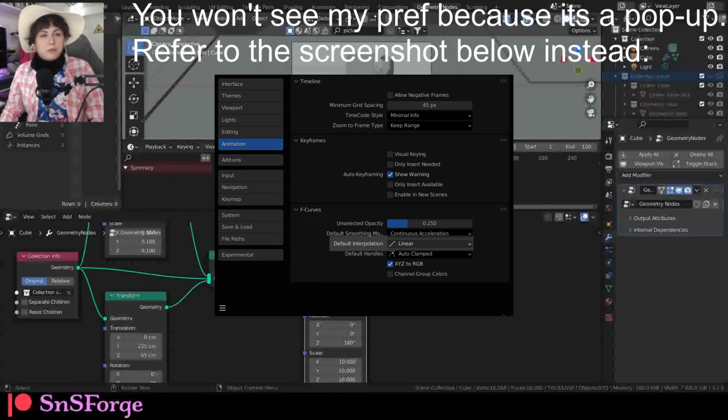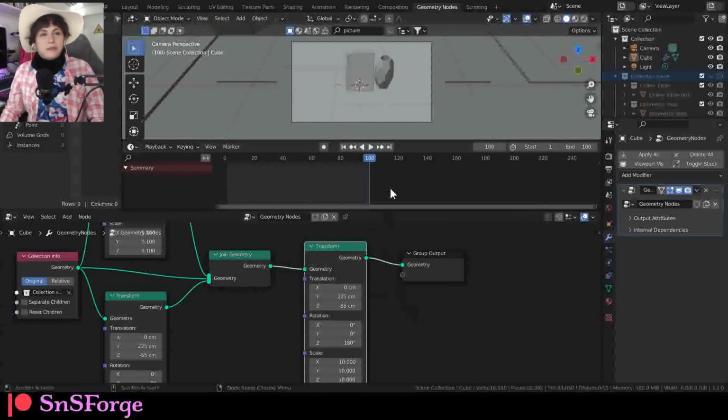Go to your default interpolation. From Bezier, select linear, then exit,